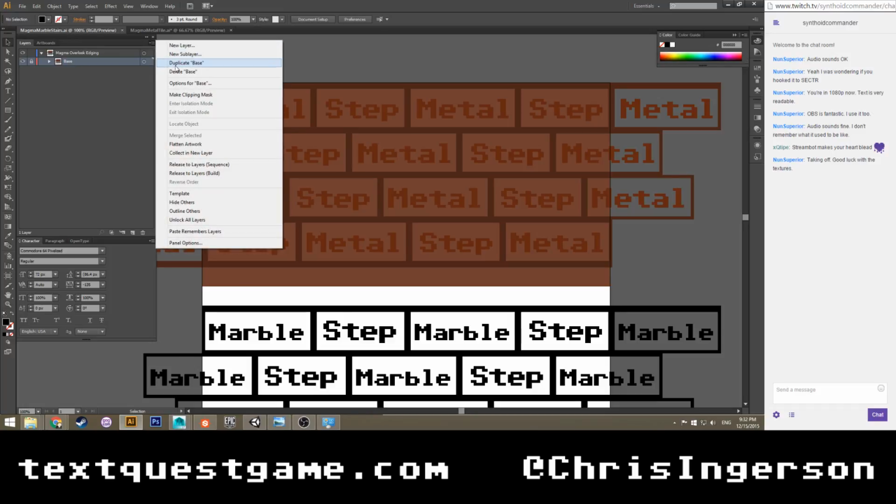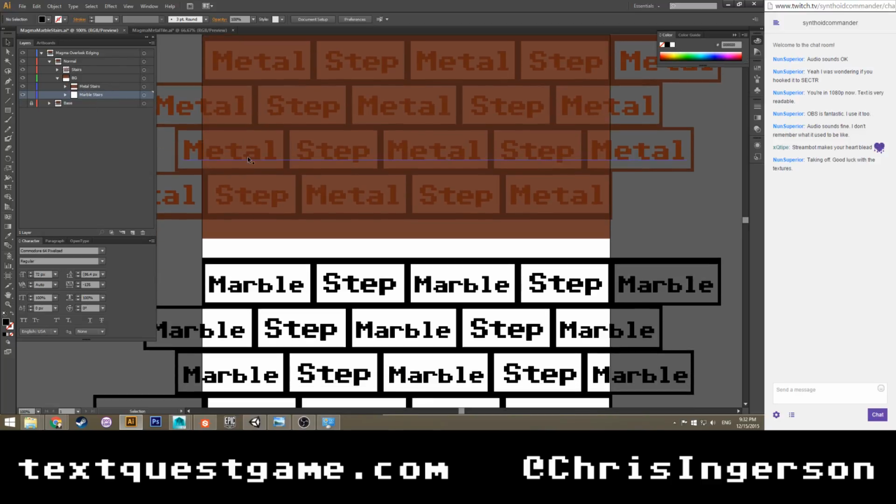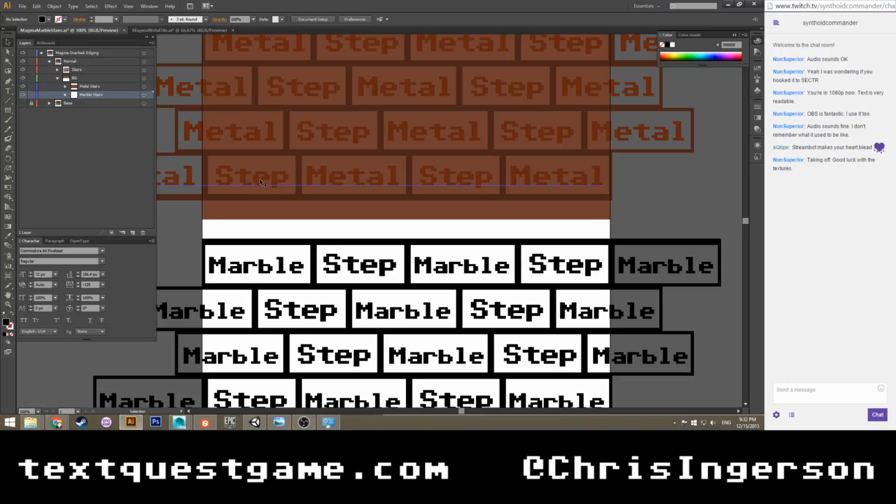Nice. So that's duplicate base. Call this normal. Let's turn the base texture so that it isn't visible. Let's get rid of that. Right. So, marble.